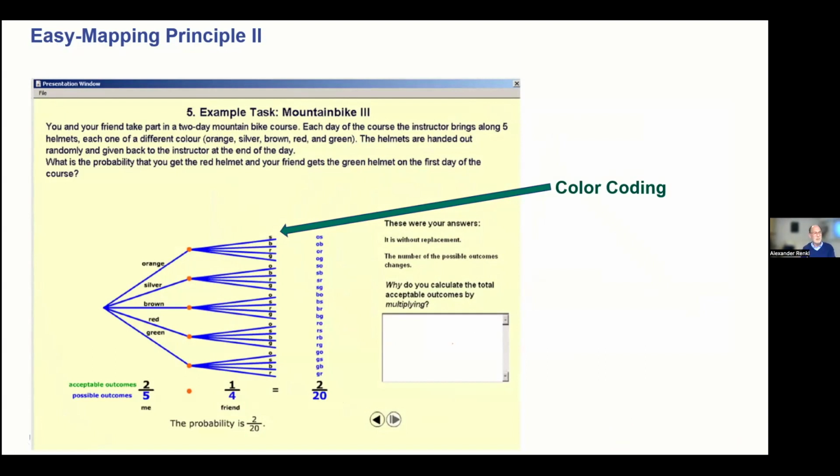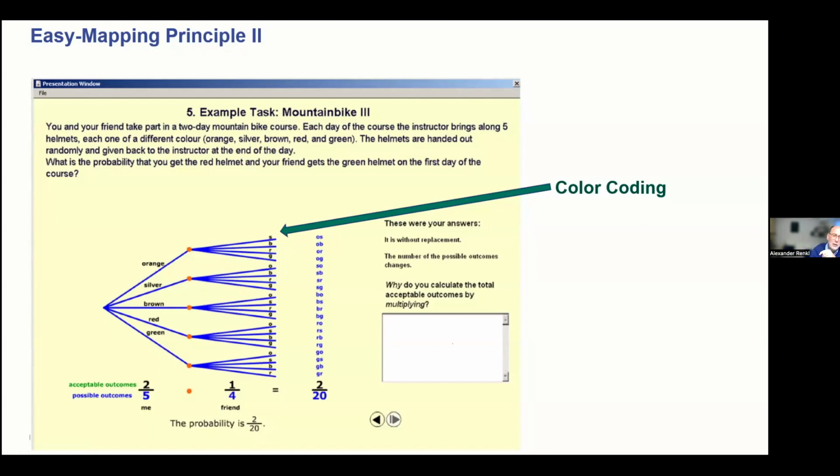Here everything is blue, but you see there are also green acceptable outcomes. In later phases, when you study these worked examples, you can also see what the acceptable outcomes are in green. So you don't necessarily have to make an integrated format, but somehow you have to help the students know what belongs to what and invite them to map it, by color coding, by integrated format,